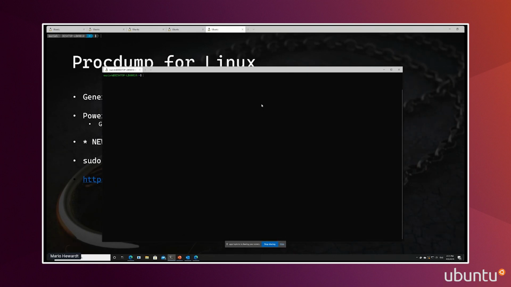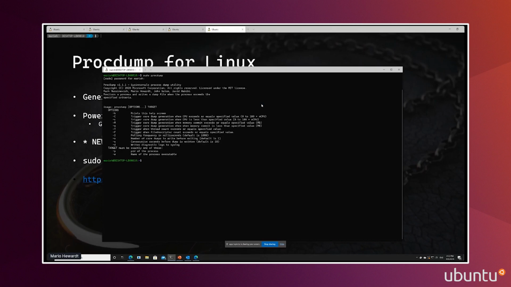Now, one thing you'll notice is that ProcDump does require sudo. And the reason we do require sudo is in order for us to be able to interpret your triggers, whether that be CPU or memory or any of the triggers that we have, we query procfs, and so that requires sudo access. But let me just run ProcDump without any arguments at all. So that just gives you the help screen,